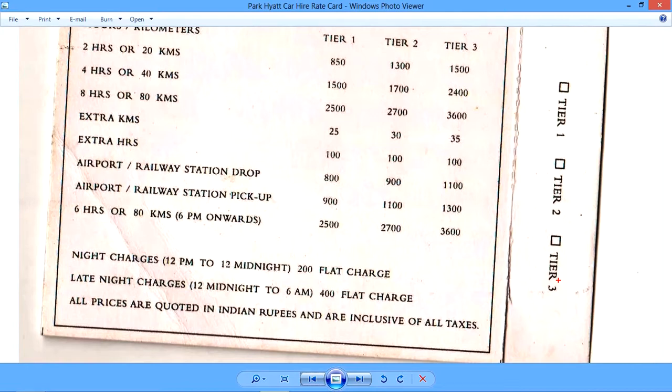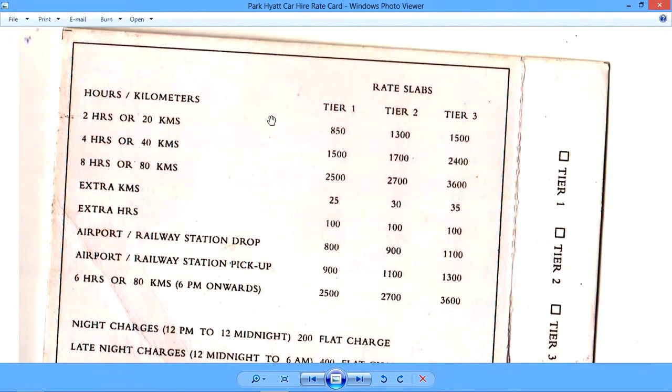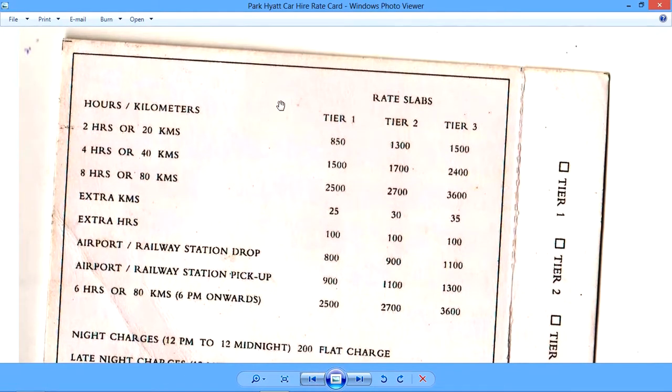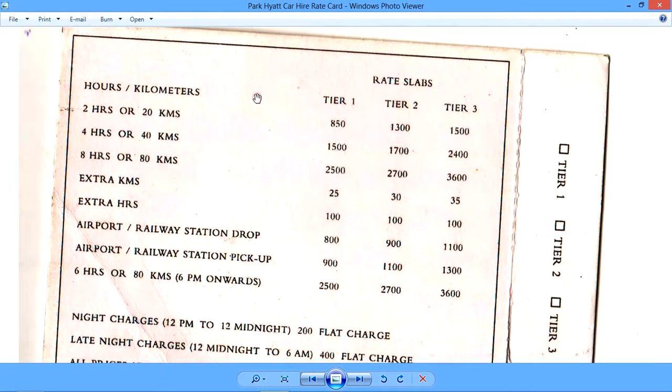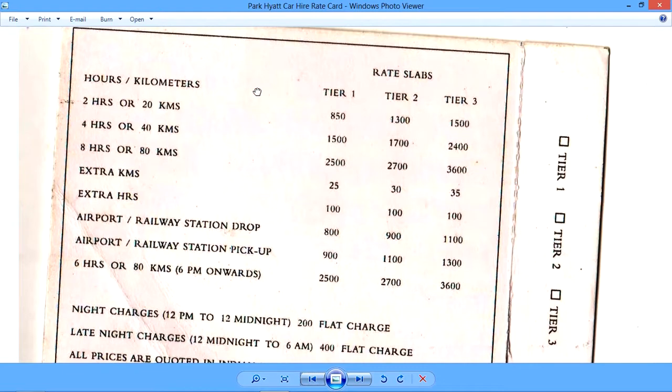And now let us move on to this part. Rate slabs here. And now look at the attention to details here. The rates are so carefully drawn that the guest has all kinds of options, and the hotel also does not miss anything.